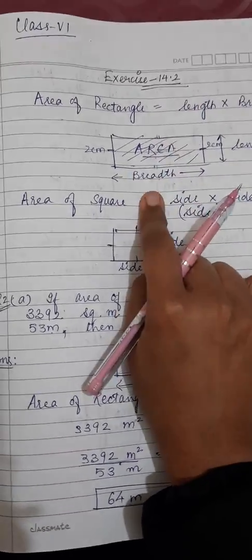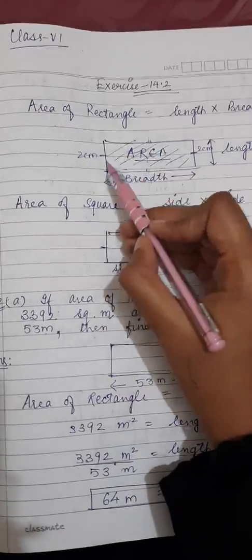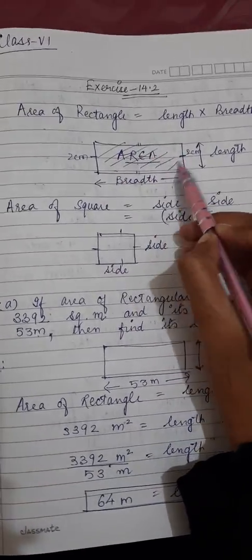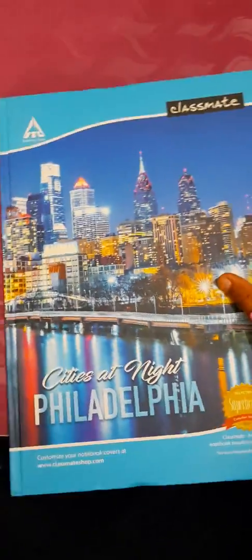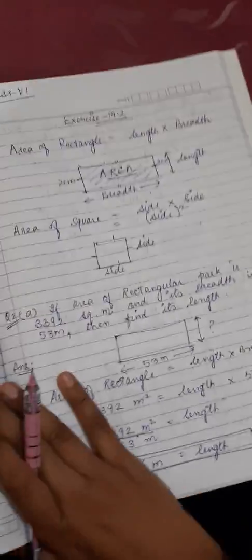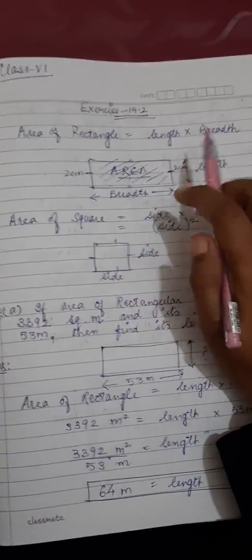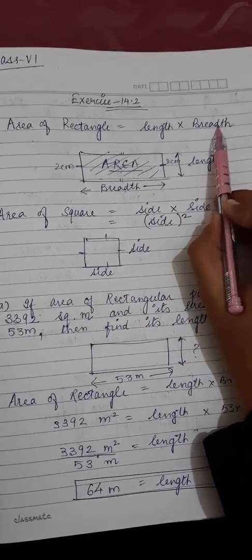Okay. So for this we have to find the area. That means how much area this is covering. For example, let us take the example of this register. Now this is the register of the rectangular shape. I need to find how much area this register is covering. So to find the area, I am going to use the formula, and the formula for the area is length into breadth.